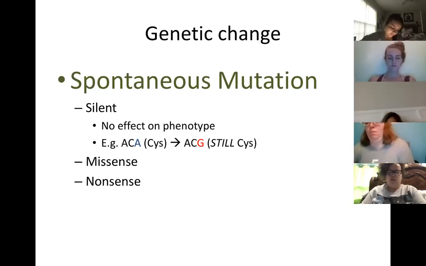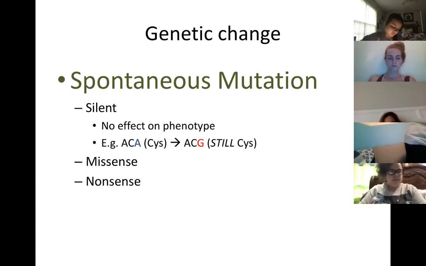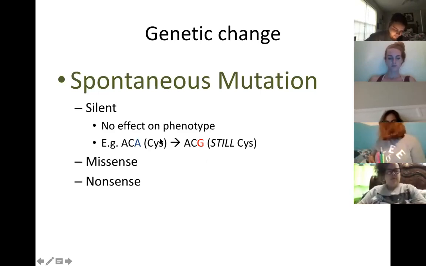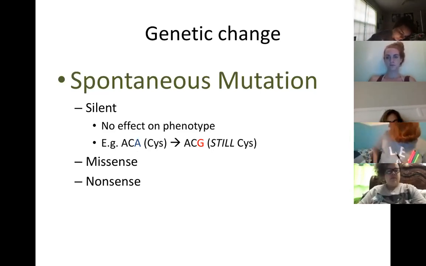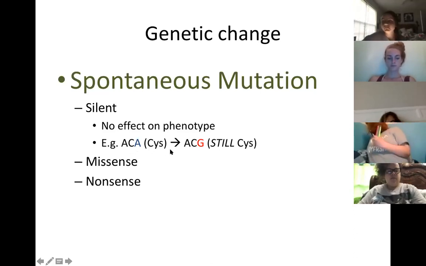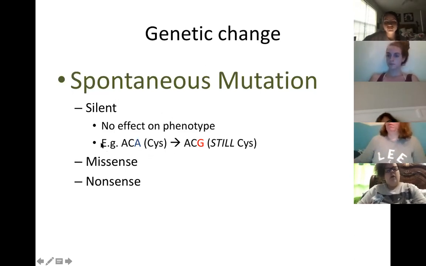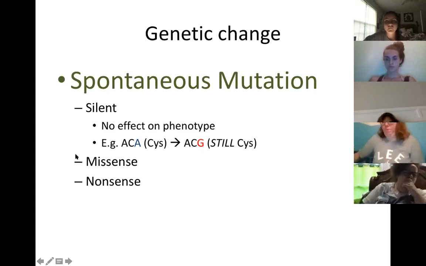Degenerate, right? Multiple codons for the same amino acid. And this is actually really important because every time we have a mutation, it doesn't necessarily have a negative effect. By looking at you, by looking at me, these are mutations that we can't detect based on phenotype. We'd have to get down to a molecular level and analyze your genetic sequence to figure out if you have these or not. So these are mutations that we don't really worry about, all right?